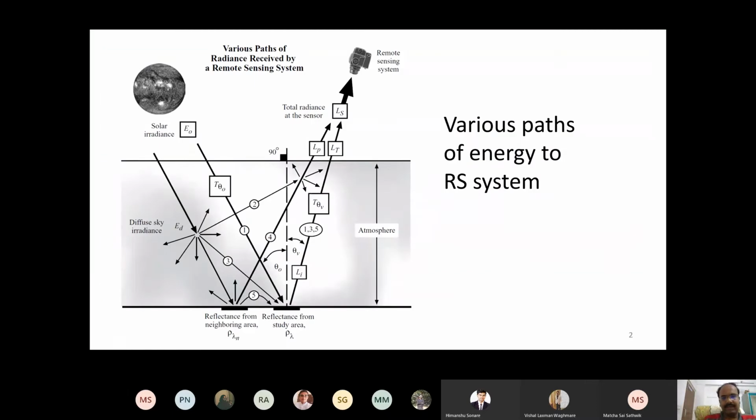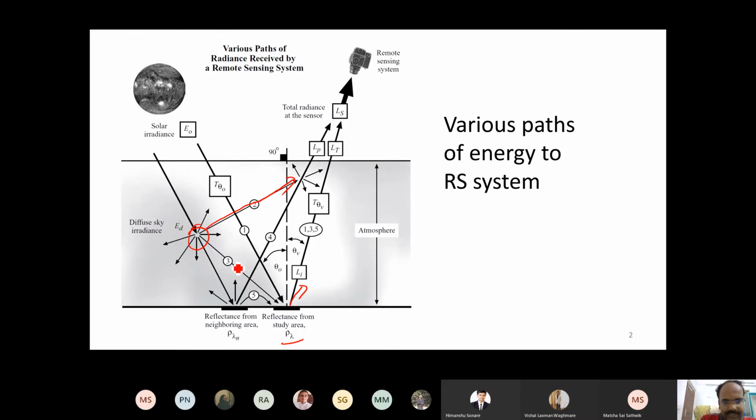So just to give a brief review of what we saw in the last class, the energy that gets reflected from a surface essentially can undergo 5 different paths. The first path is the direct path, which is required by us, that is the direct reflected signal from the object of interest. This is the direct signal going out from the object of interest. That's what we are interested in. But that particular signal is contaminated by several other factors. One most important factor is the energy that is reflected or scattered by the atmosphere that will directly reach the sensor. That we call path radiance.